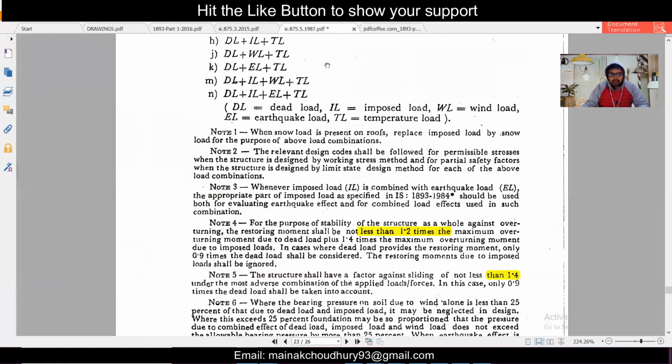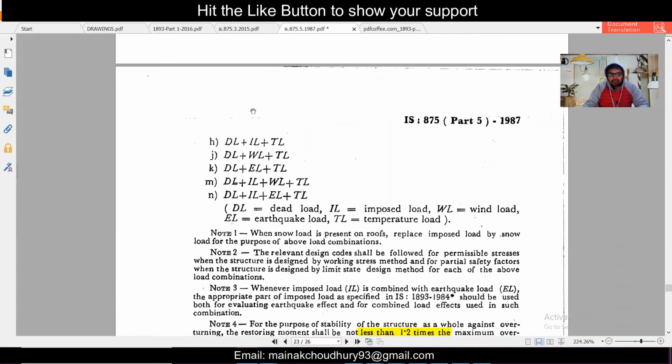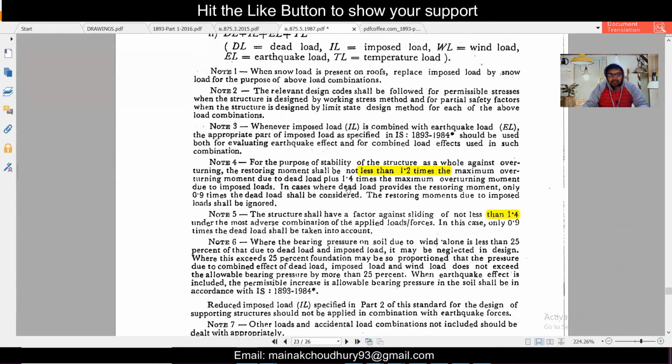So first of all, let's look through IS 875 Part 5. This gives us the load combinations, dead load, imposed load. These are the unfactored load combinations which are used. You notice that there is TL also. TL means temperature load, which is used in special cases. We don't need it in most cases. WL represents the wind load, and IL the imposed load or live load. So these are the loads, and there are some notes written on the load combinations also. You can download it. I'll give the link of these codes in the description.